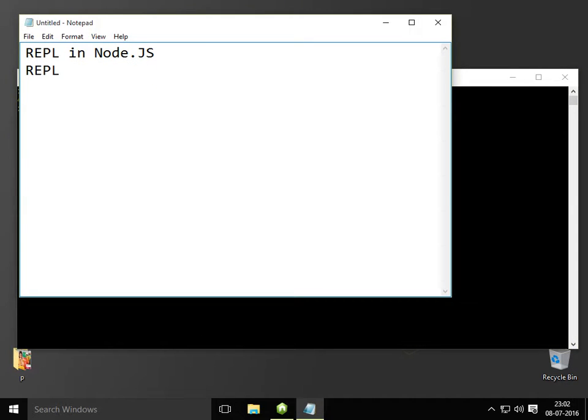R stands for read, E stands for evaluate, P stands for print, whatever operations you perform here, and L stands for loop. So read, evaluate, print, and loop, these are all the four operations here.